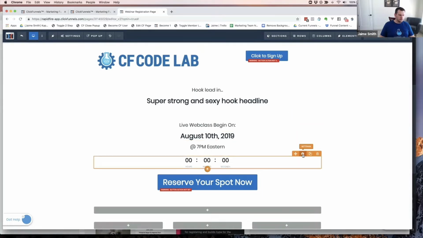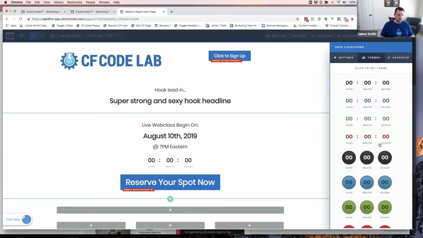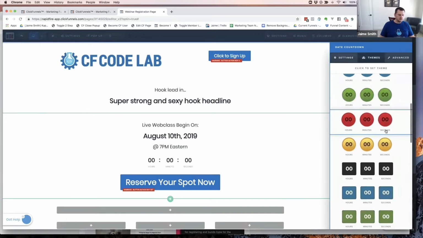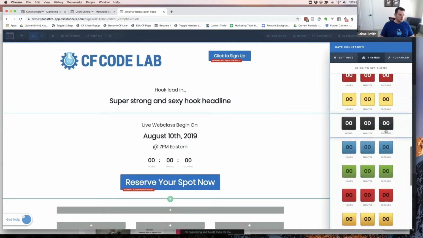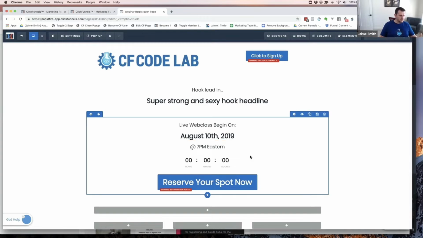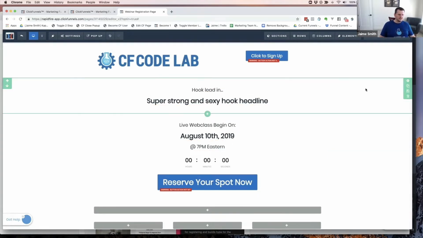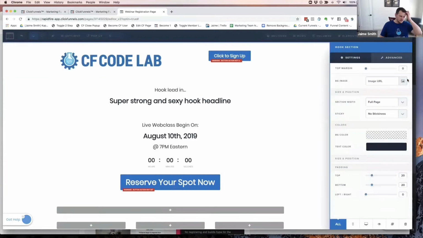We can even go in if we wanted to pick out a different look and feel for the countdown. We could do that through themes. We've got all kinds of different options here. I think we'll just stick with what we have so far. We can always go back and play with this later, but we're just kind of getting the structure built out. So we're looking pretty good. So we've got our hook lead in. Let's go ahead and just apply so we can see what this is going to look like